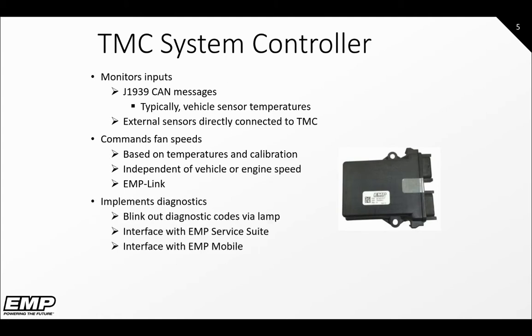The TMC also has diagnostic capabilities and is OBD compliant. If there are active diagnostic codes, it will blink the code out on a diagnostic lamp near the system or in the engine compartment. The system can interface with the EMP service suite, which will allow you to communicate directly